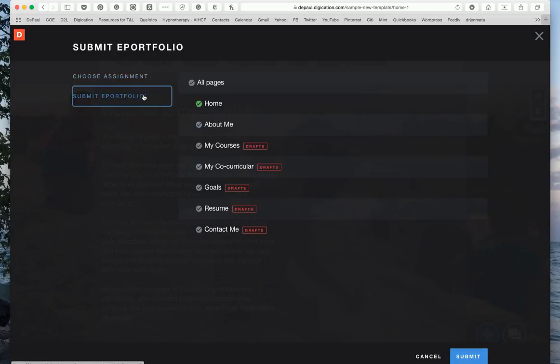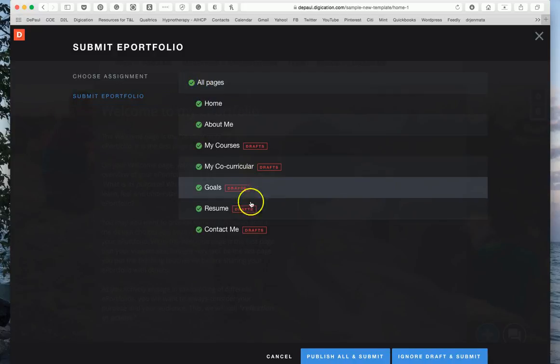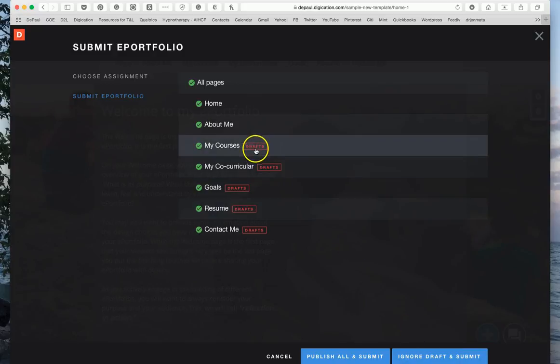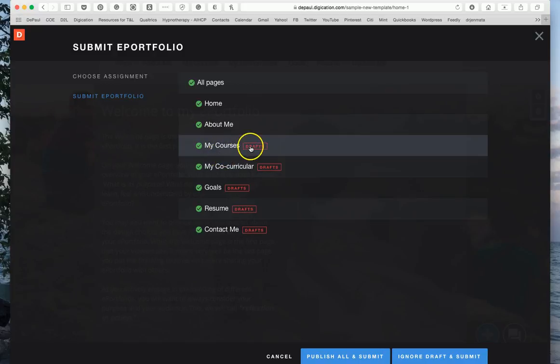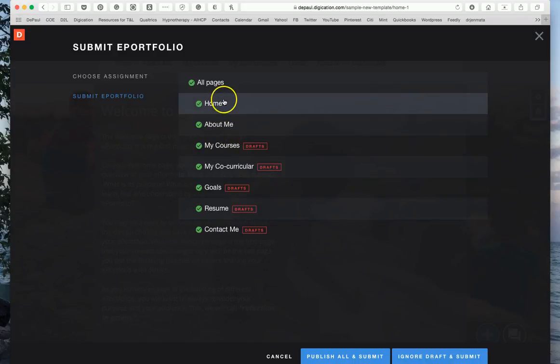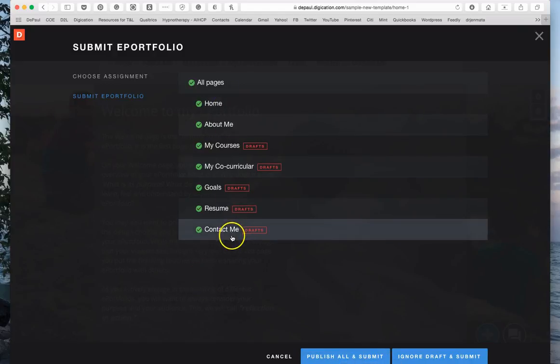Then you're going to choose all the pages that you want to submit, and then publish and submit. This button here is if you don't want to publish the draft pages of your portfolio and you want to leave them as drafts, then you ignore the drafts and just submit everything that has been published. The ones that aren't drafts are the ones that have been published. So you have that option. But I would recommend you just publish all and then submit your entire portfolio so that I see all your work,